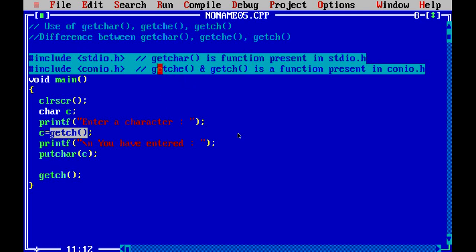And getche will take the character, then print, then return that character from the function. Then getch will take a character and, without printing, it will simply return it.